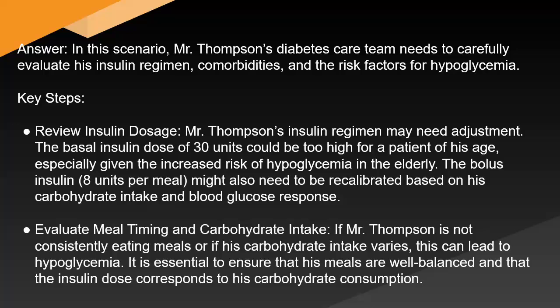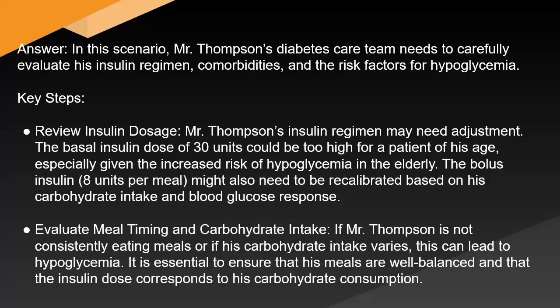Answer: in this scenario, Mr. Thompson's diabetes care team needs to carefully evaluate his insulin regimen, comorbidities, and the risk factors for hypoglycemia. Key steps: review insulin dosage. Mr. Thompson's insulin regimen may need adjustment. The basal insulin dose of 30 units could be too high for a patient of his age, especially given the increased risk of hypoglycemia in the elderly. A bolus insulin, 8 units per meal, might also need to be recalibrated based on his carbohydrate intake and blood